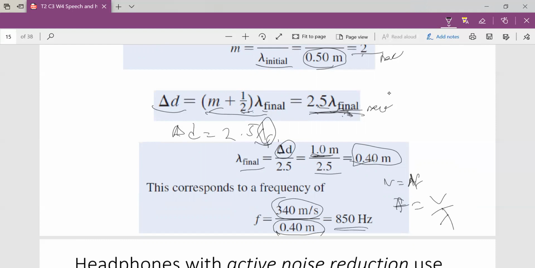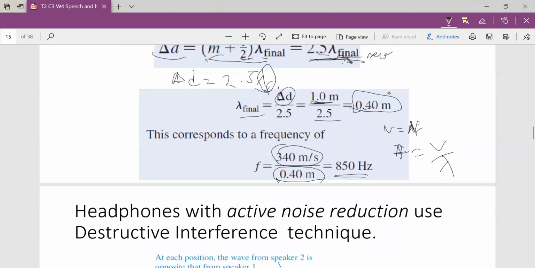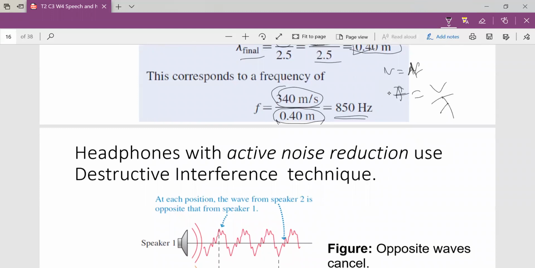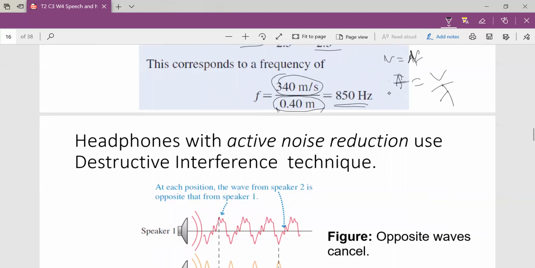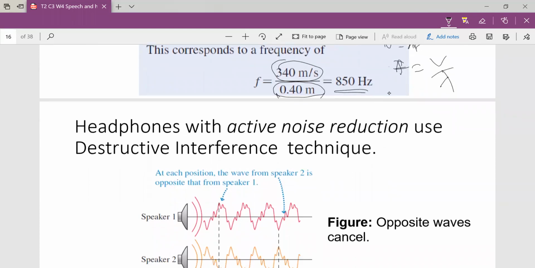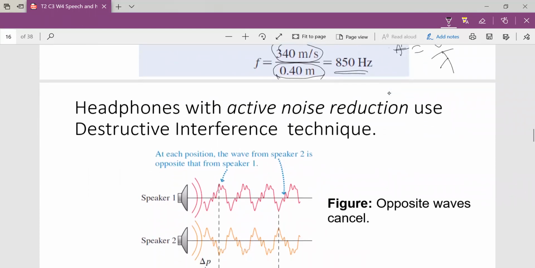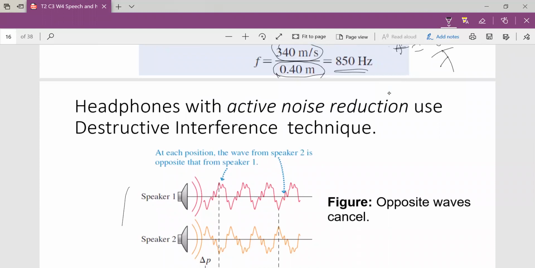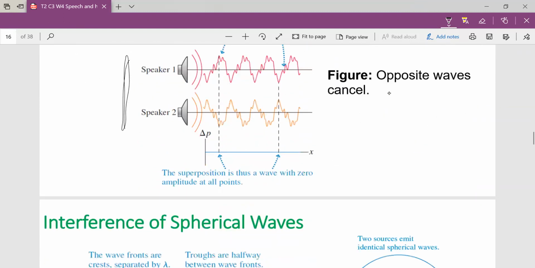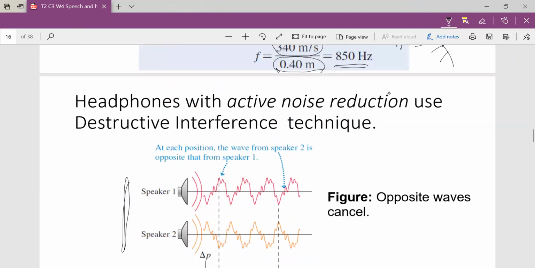The final frequency, therefore, is 850 Hz, which is far higher than the initial frequency. Okay, so it was increased to the point where they achieved the fractional wavelength difference, and then it canceled out. Susan can no longer hear that sound. All right, so we'll take the second scenario for those two speakers that are arranged in this form to give us the spherical shape, and therefore we'll be looking at the spherical interference.